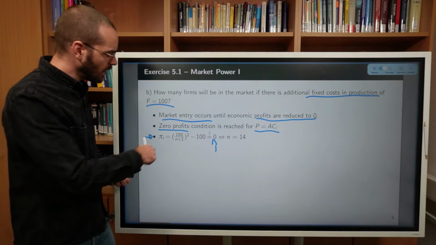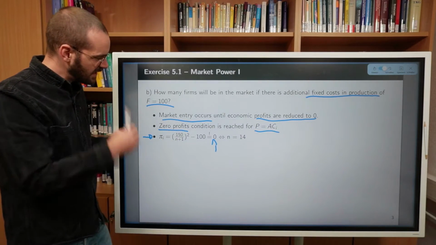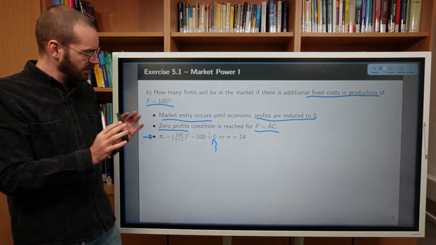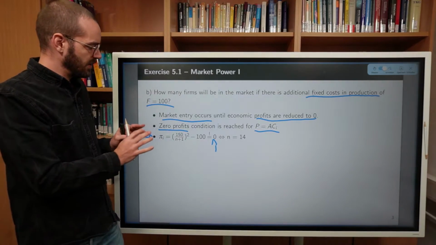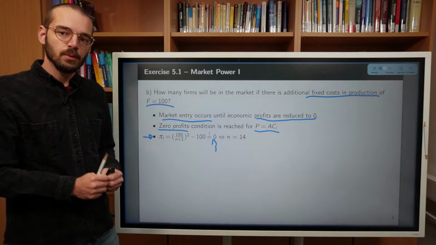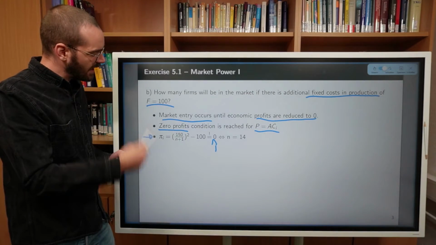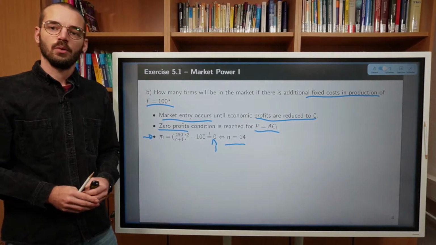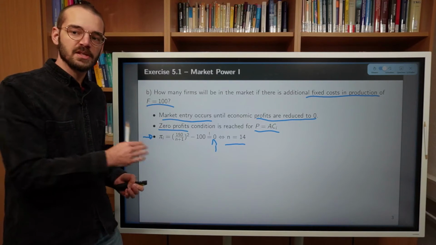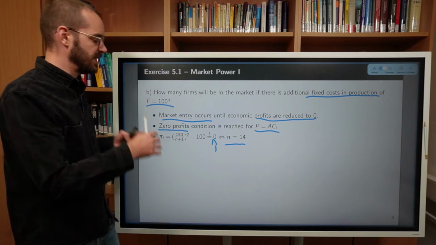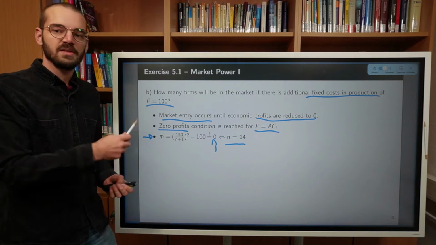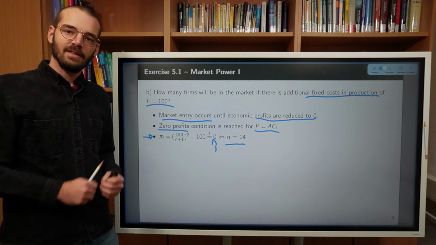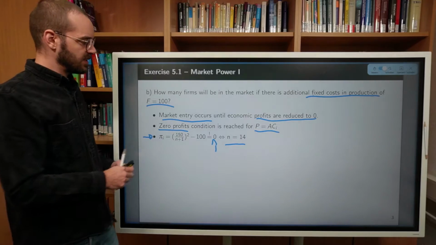So by forcing the profits of the individual firm to be exactly equal to zero, we can calculate that the number of firms in the market will be 14 if this condition is met, right? We simply state this condition, then we solve it for n,